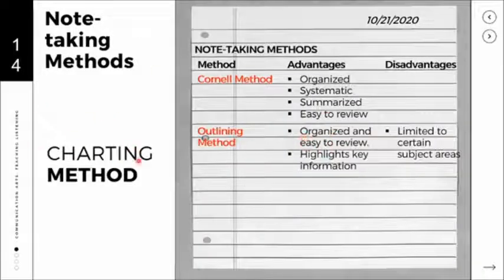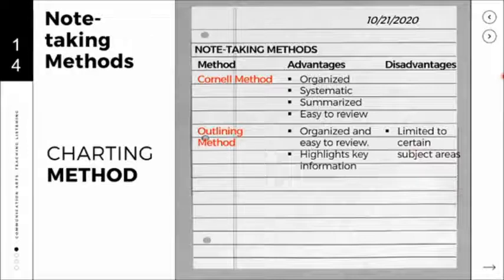Now this is what the charting method looks like. The page is divided into columns labeled with category. For example, in our discussion today, we have here the note-taking methods, and then we have the next column, the advantages of that method, and the third column is the disadvantages of the method. You can continue this one according to how many categories the teacher is